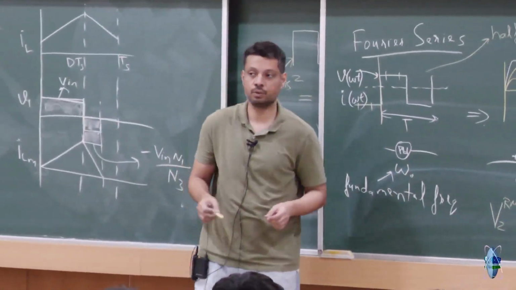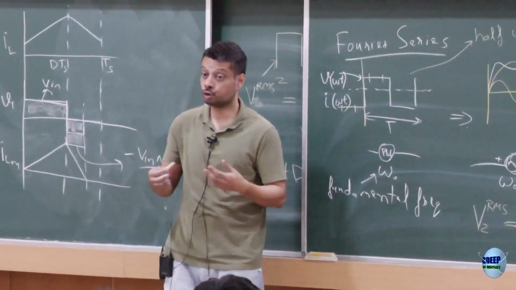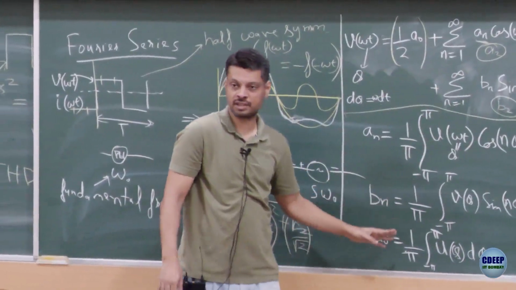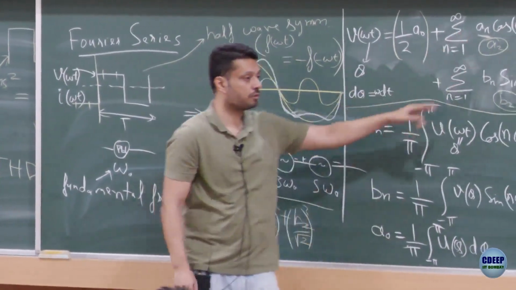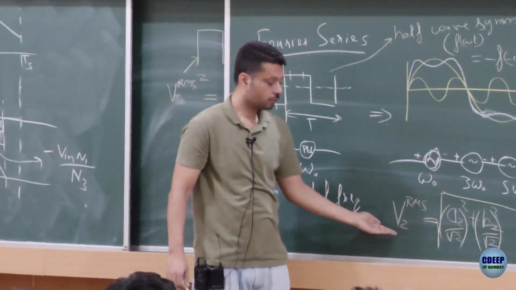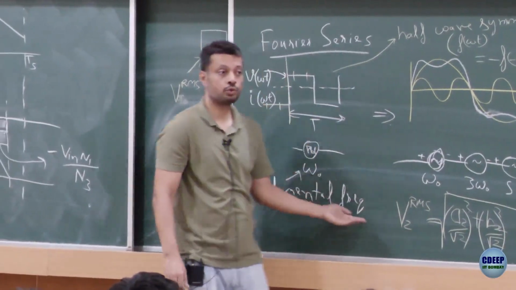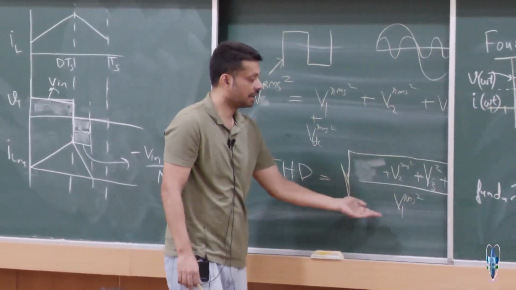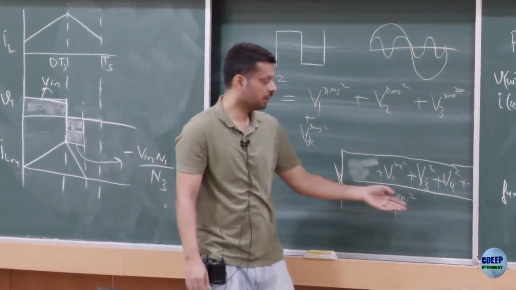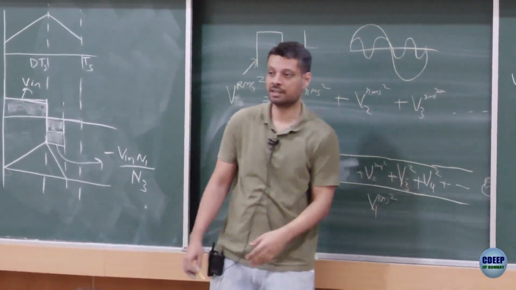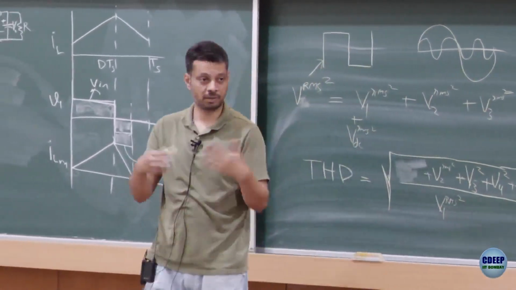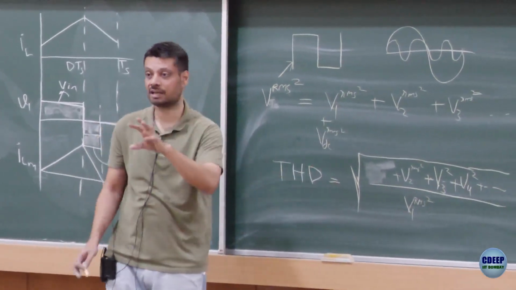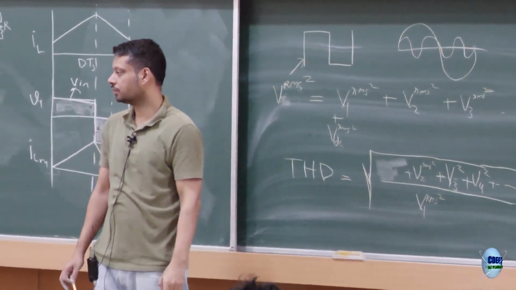Now if I give you a square wave, you should be able to find the coefficients for the square wave using these formulas. You should be able to use these coefficients to find the harmonic RMS values, and use the harmonic RMS values to find the total harmonic distortion. That way you should be able to quantify the waveform I give you. If I give you a square wave, sine wave, or some other random waveform, you should be able to tell me the total harmonic distortion in that waveform. Is that okay?